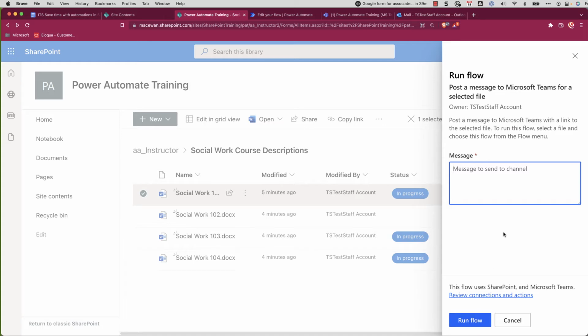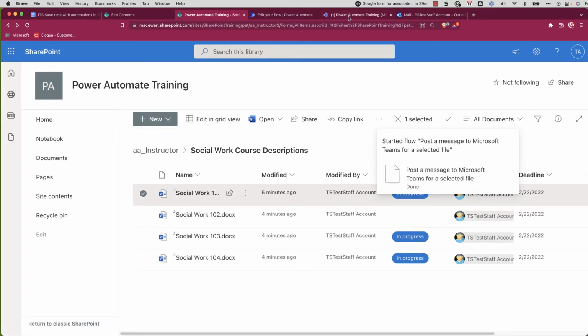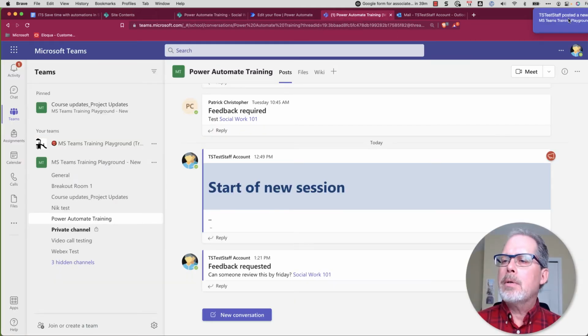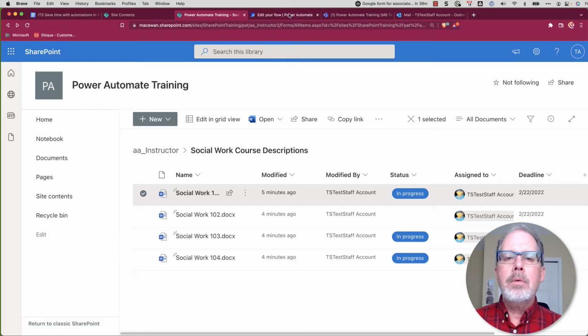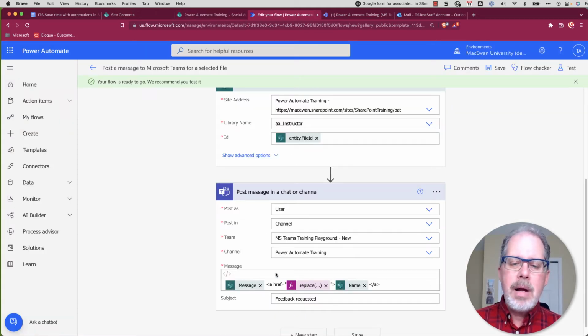What message do I want to go with that file? Can someone review this by Friday? And when I go to Teams now, there's a message popped up here. There is the account, there's the subject line we put in, can someone review this by Friday, and then the link there. Now you can go into your automation here, and you can customize the message here as much as you want. And as we go through, you'll get some better ideas. But this is the first step of what we're going to be doing, getting information about a file to